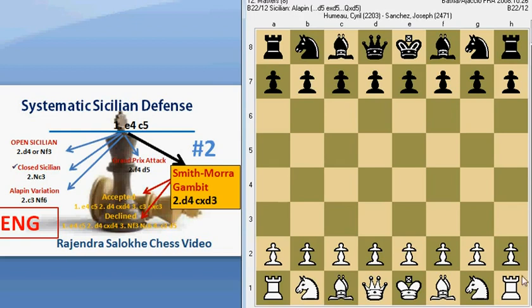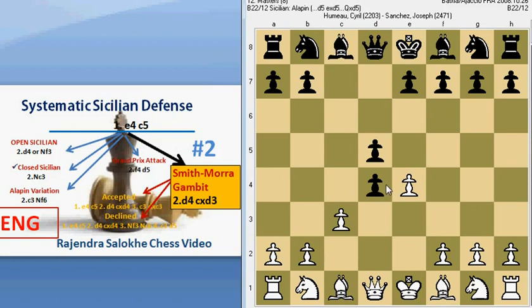Now there is a small game here. It shows the Sicilian Alapin version, but basically it started with the Smith-Morra Gambit. This is the Smith-Morra Gambit declined, and later the position somehow matches the Alapin variation, so it is showing the Alapin variation here. e takes d4, queen takes d5, c takes d4,